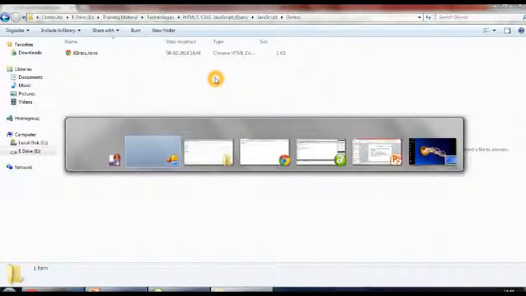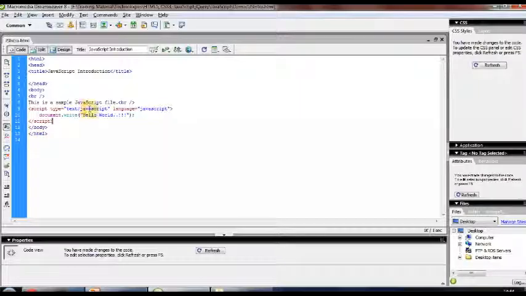Now you can see that the hello world is coming after the statement, because your script tag is after this particular line. So you can put your script tag in your head tag or the body tag. It is the same thing, but if you put it in the head tag, it will be printed at the start of the web page, and if you put it in the body tag, it will be printed after the line that you have mentioned.